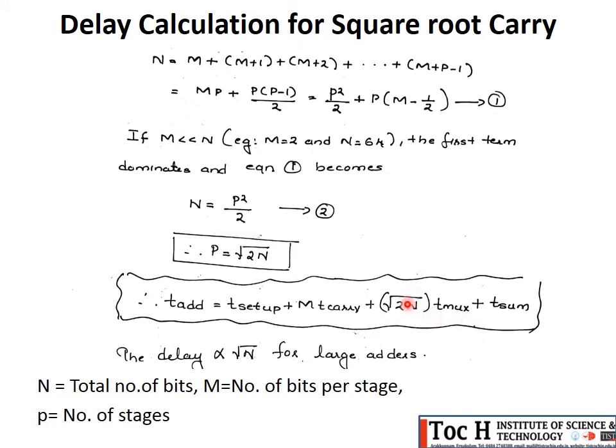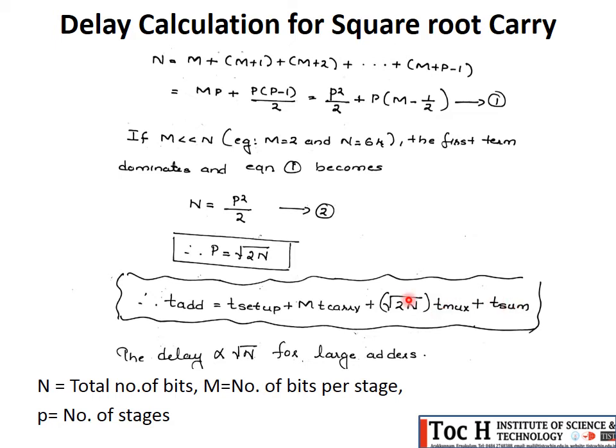So we had one confusion in the slide. In the previous slide it was written like n by m into t carry plus m t mux. That is not actually correct. This is the actual correct equation: t setup plus m t carry plus n by m t mux plus t sum for linear carry select order, and for square root carry select order, that n by m will